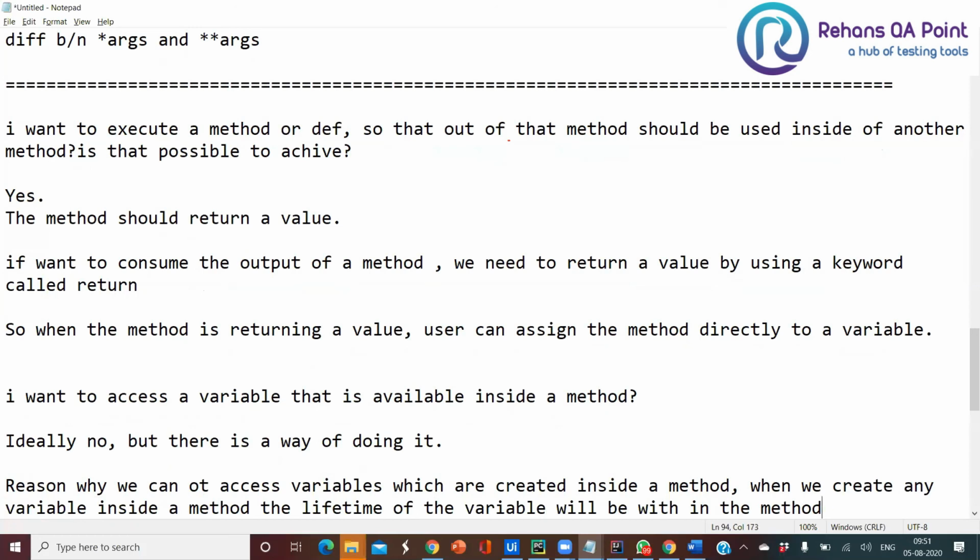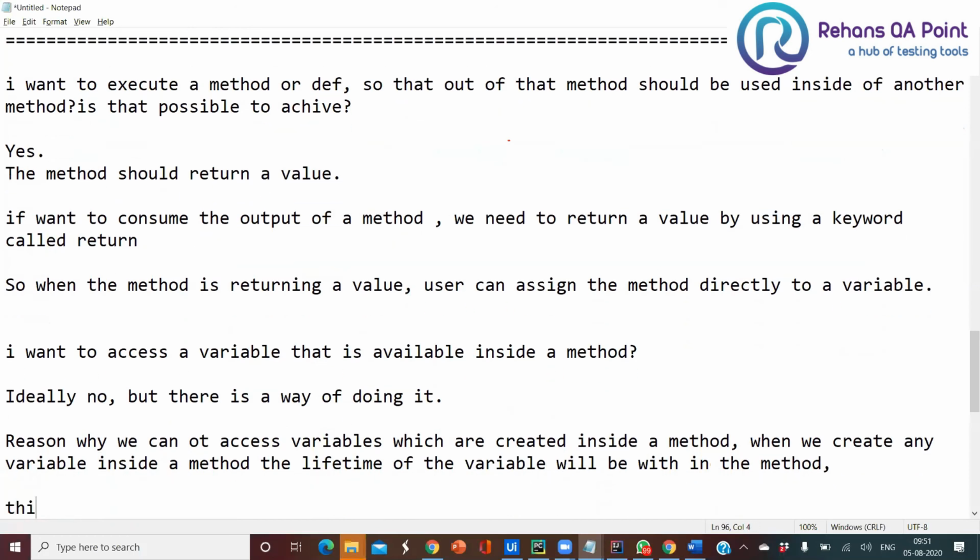This type of variable is called a local variable. Local variables are permitted to be used only within the method. Once I create a variable in the method, I can't use it outside of the method.